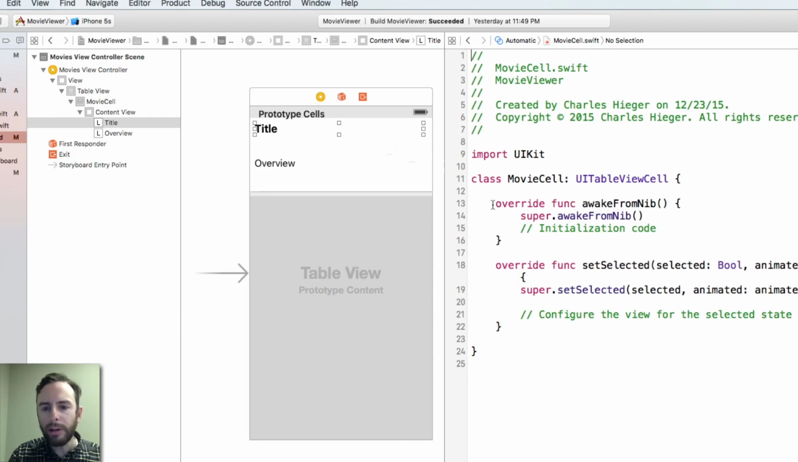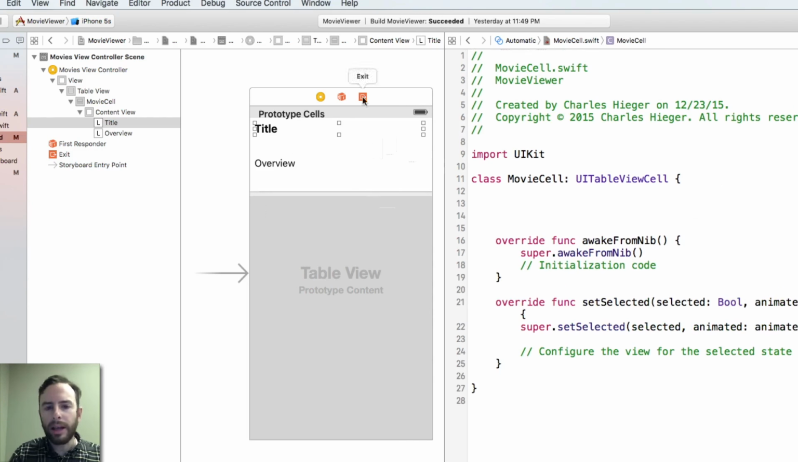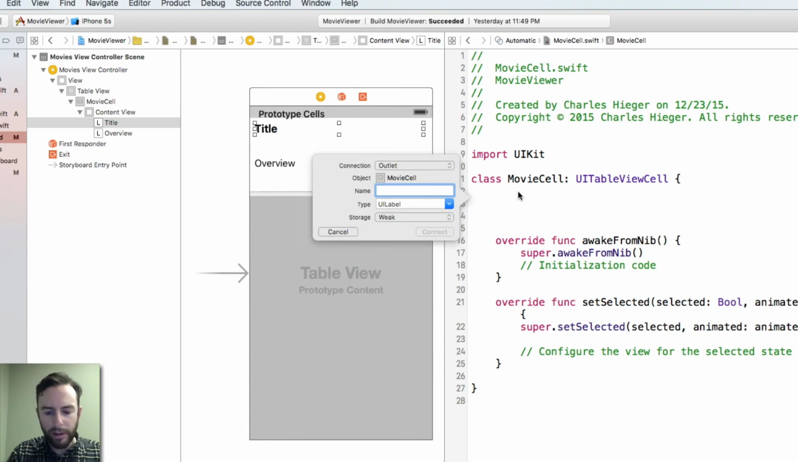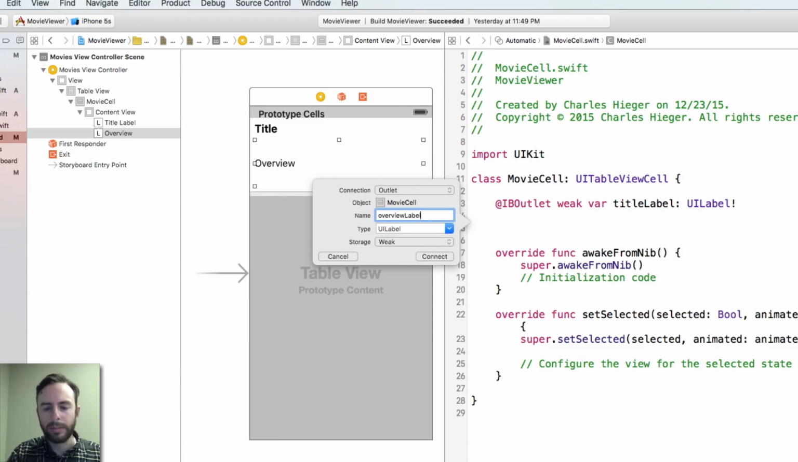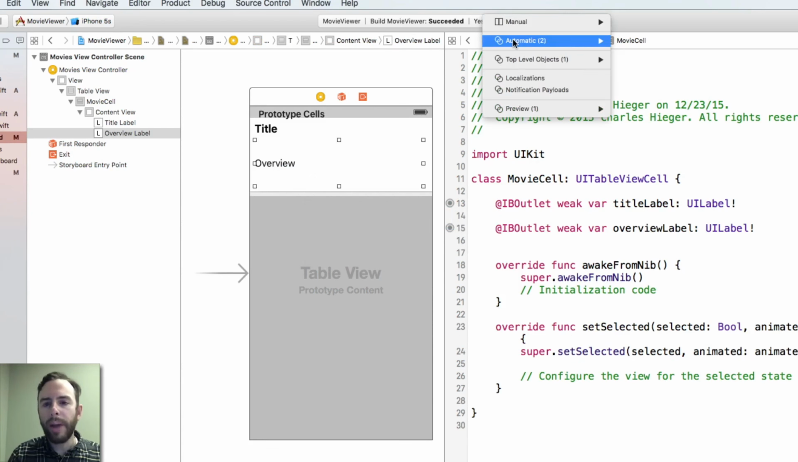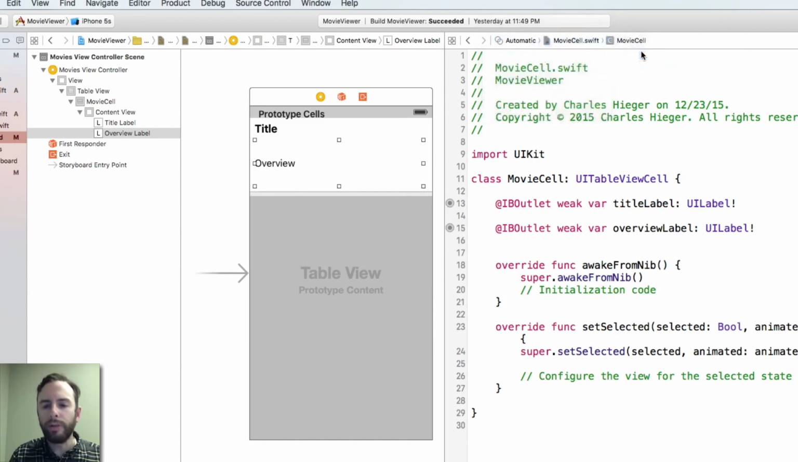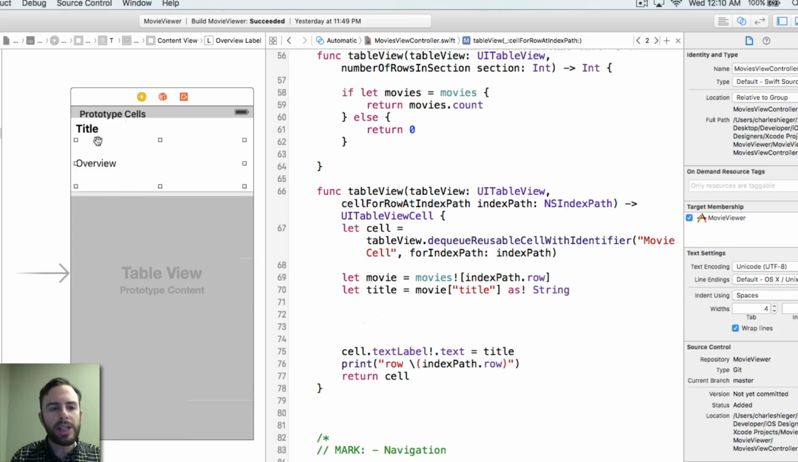Now, just like we do for anything in the storyboard that we want to be able to talk to or set programmatically, we need to make an outlet. So I'm going to control drag from the title label here, and we'll call this titleLabel, and we'll do the same for the overview. Awesome. Now let's head back to the Movies View Controller. We want to be able to set the contents of the title label and the overview label. So what I'd like to do is say something like this: